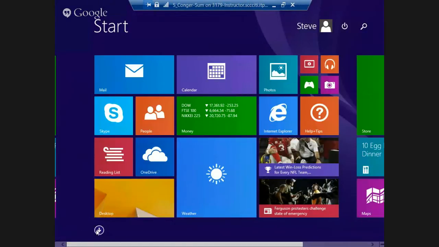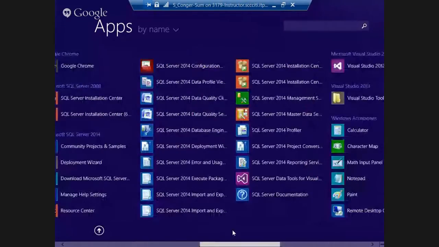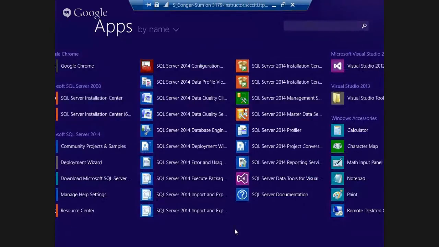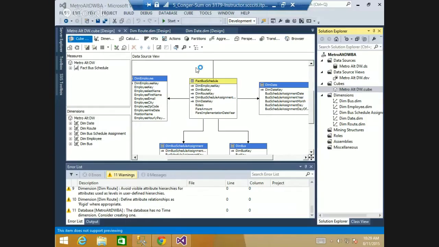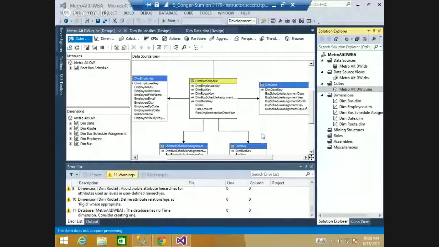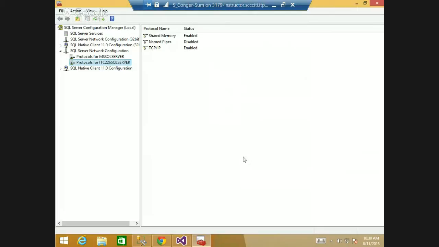So let's go to SQL Server configuration. I had the management studio. I want SQL Server configuration. You don't have SQL Server configuration? The orange one? The data tools, you need to run as administrator. Why is it not coming up? SQL Server 2014 Configuration Manager, there it is. Yes, and you want to look at